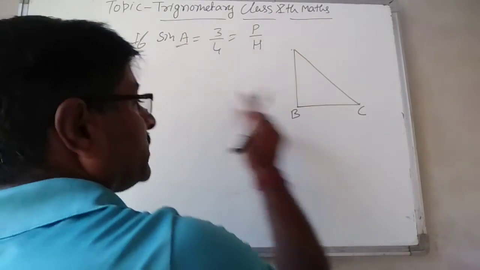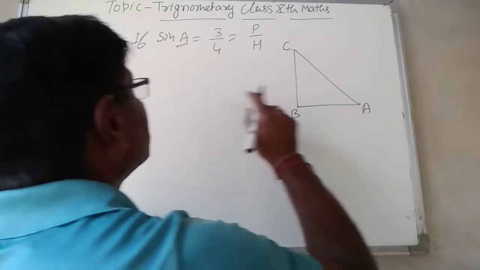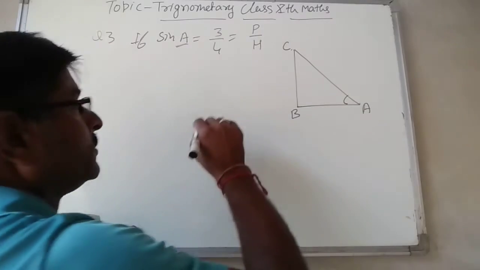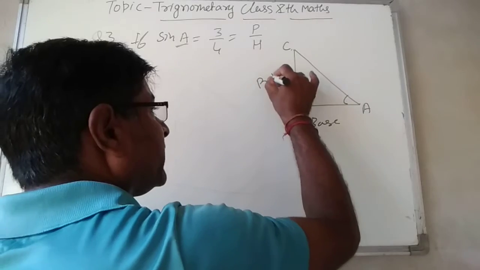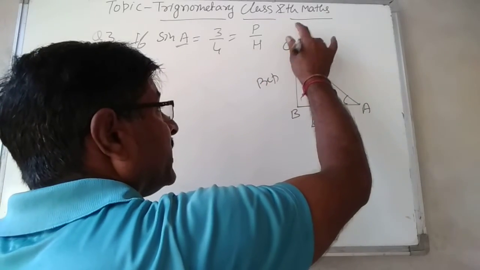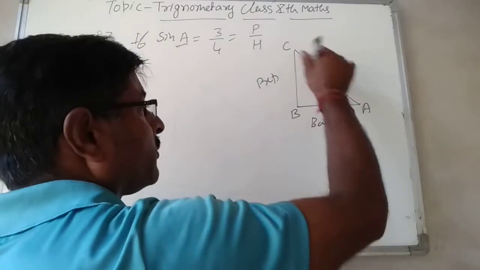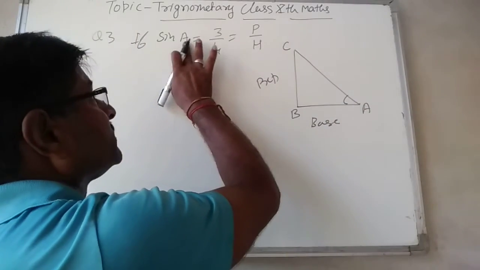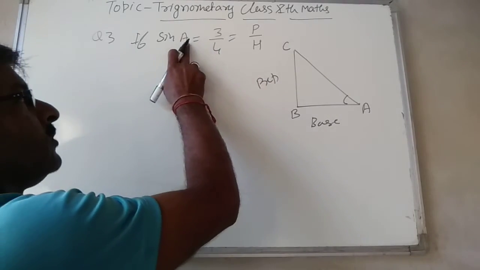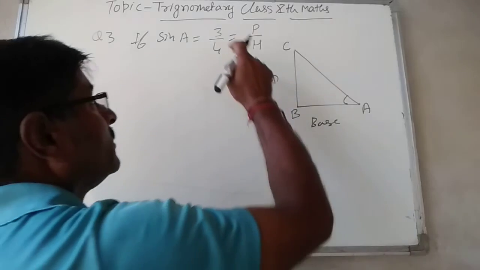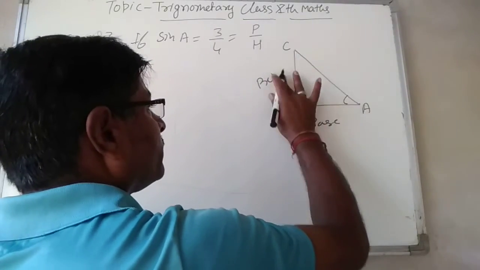Whichever angle is given, the ratio which is given in the question, you take that angle as the base angle. Generally this is the base; we are habitual to take it as base. If you take A at this point, then this becomes perpendicular, so you may get the mistake. So always, the ratio with respect to any angle is given, then you have to take this angle as the base angle. So perpendicular here becomes 3 and hypotenuse is 4.